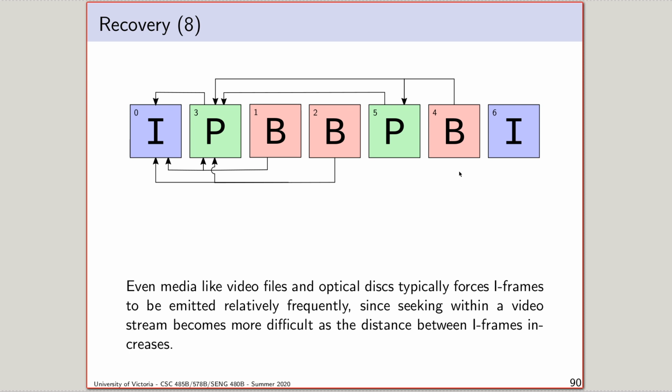Video editing is a big deal. You want to be able to see every frame, but actually just being able to fast forward. If I'm watching a video and I say, okay, I want to skip to this point, well, you can do that if you have a video file, but you have to back up to the last I frame and then decode everything until that point. If I frames are like 10 minutes apart and you skip to the middle of a 10-minute segment full of B frames, your decoder has to decode 5 minutes of video before it can seek to that location,